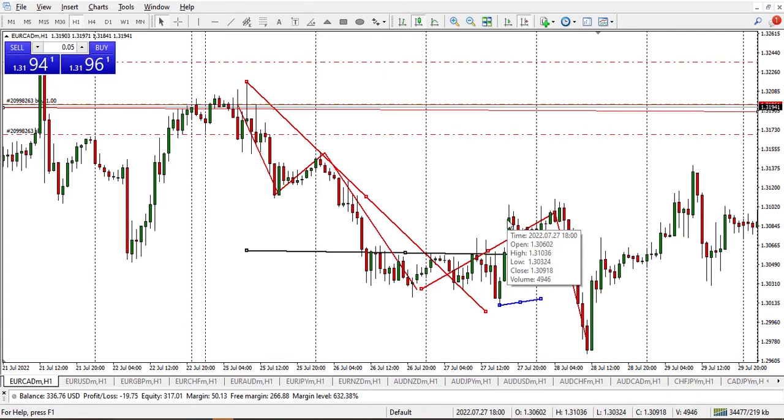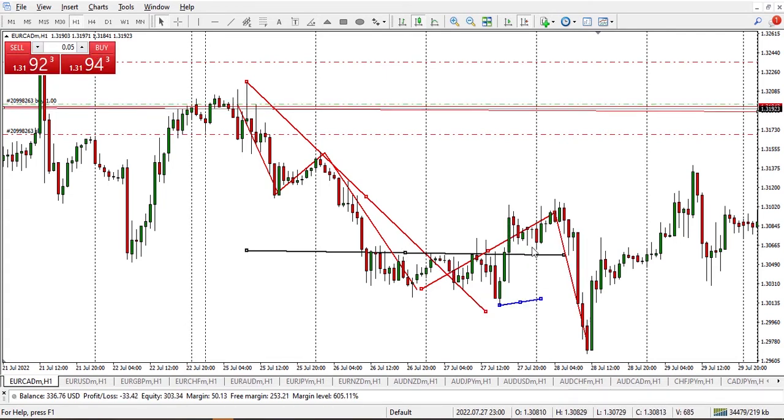So now usually when your break line is being broken, you wait for a retest. Okay, you wait for a retest to the level. If it couldn't go beyond, that gives you an idea that okay, it looks like a new trend is about to be established. But it came back, retested the same level, it couldn't go beyond, it came back up, but it didn't quite give us that level of momentum that we're expecting to see to confirm that the new uptrend is established. Okay, so if you look closely,